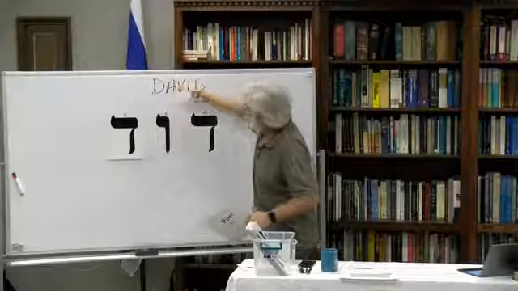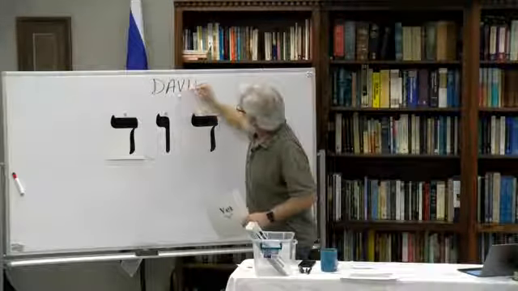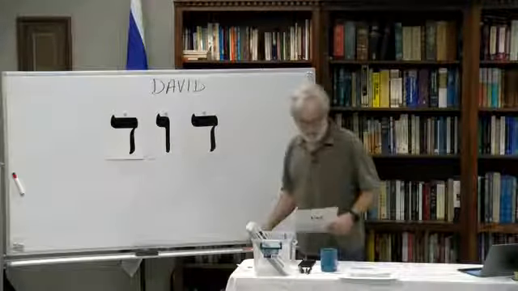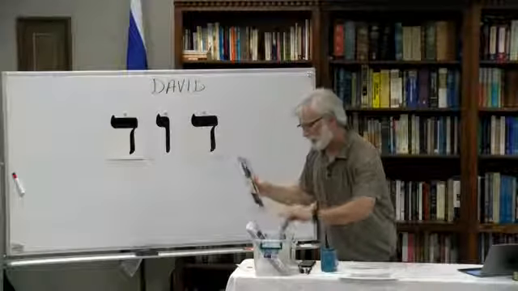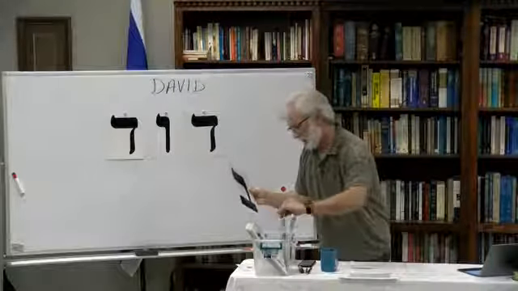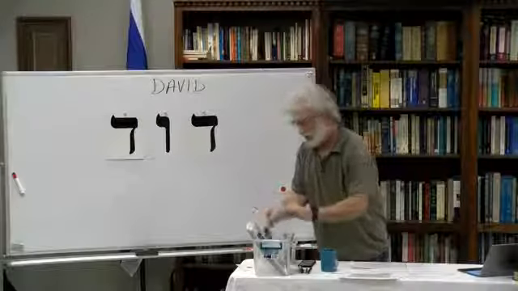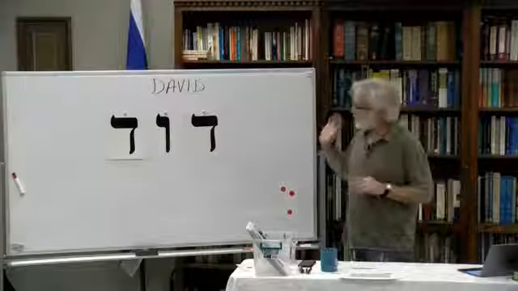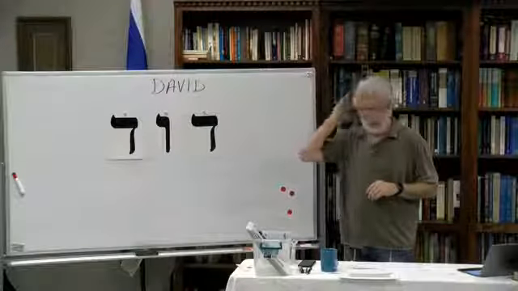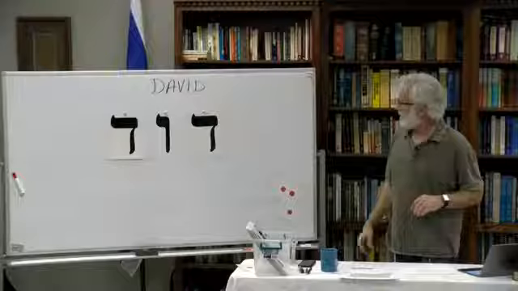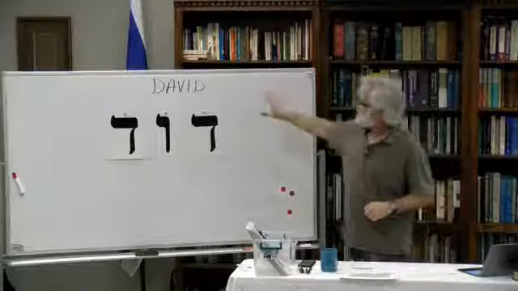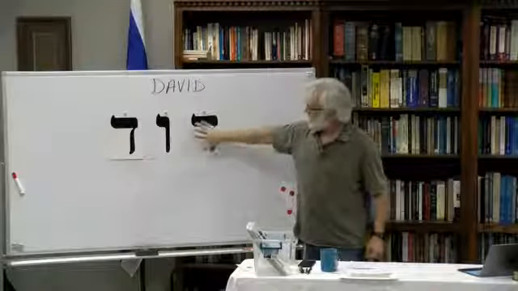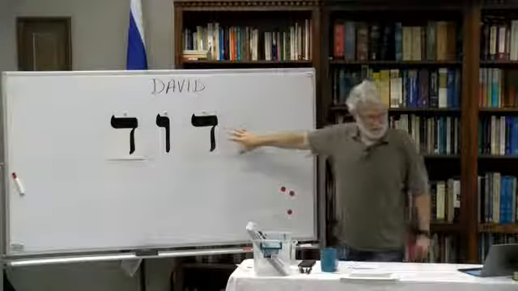So remember, this would go here, the V sound and the D sound, if everyone can follow that. Now, this particular spelling of the name would be called... and remember we're talking about how sometimes it is spelled with the mother of reading, with the vowel letter in the word, and sometimes not. The name David occurs again 930 times, many times in this particular form here, but in